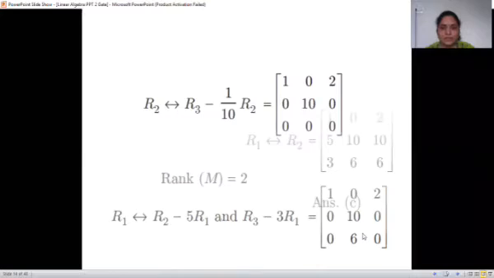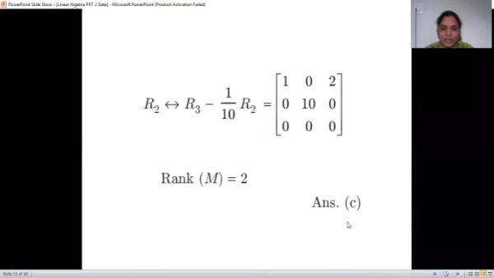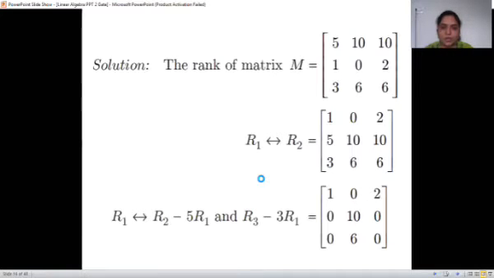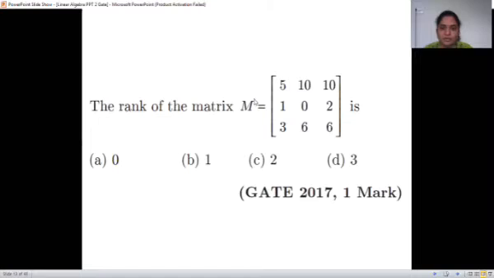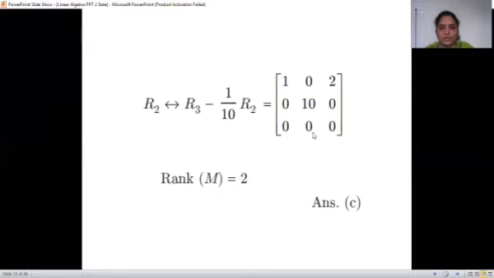After subtracting R3 from R3, the whole row will be 0 and 2 non-zero rows remain, so the rank will be 2. By actually solving, whatever I told you, after taking 5 and 3 out, that will be 1 2 2 and 1 2 2, the same rows, so one row will totally get deleted, and that's what the rank will be, 2. And whatever the project is saying is also correct. If you have that formula, you can go by that, no doubt. So the correct answer is 2.